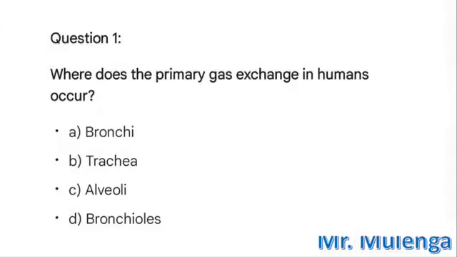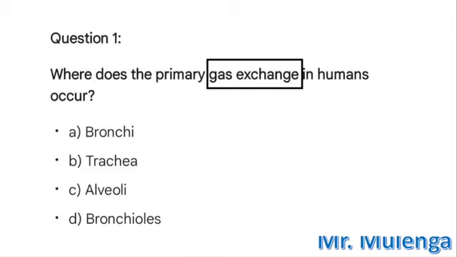So here is our question 1. Our question 1 reads, where does the primary gas exchange in humans occur? A. Bronchi, B. Trachea, C. Alveoli, D. Bronchioles. So first of all, we need to understand what gas exchange is. So gas exchange in humans is just the process of exchanging oxygen and carbon dioxide between the lungs and the